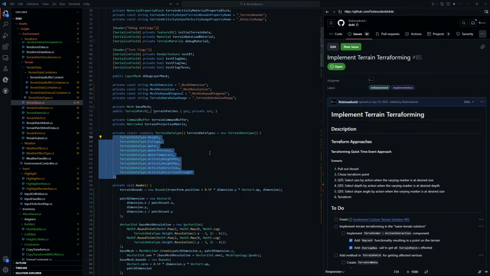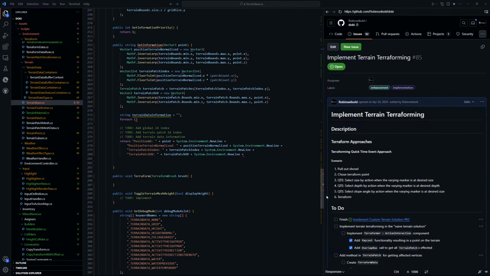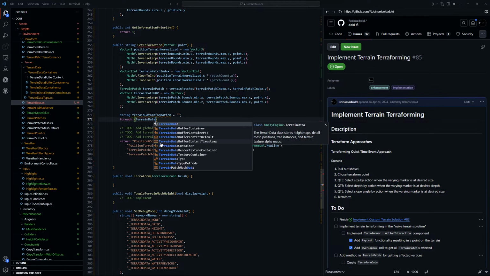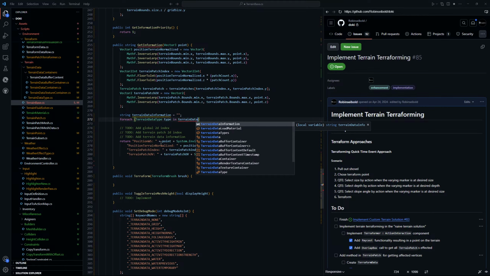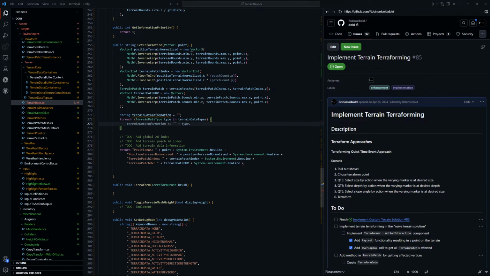This one defines all the terrain data types we use in the system currently. So we do for each terrain data type in terrain data types. And then we do